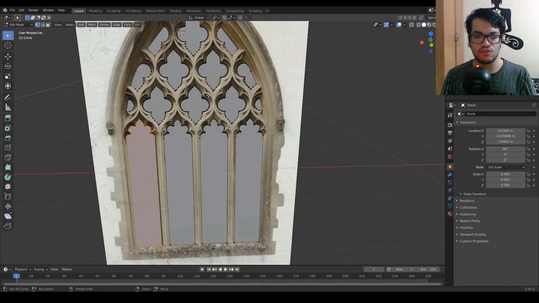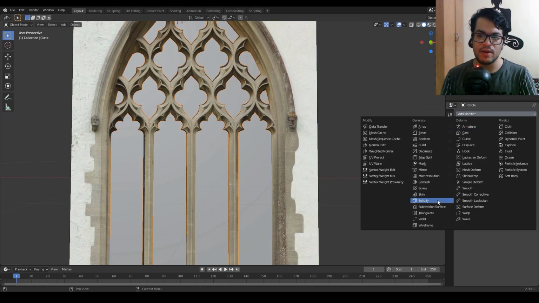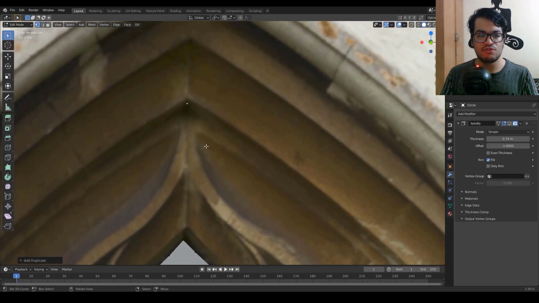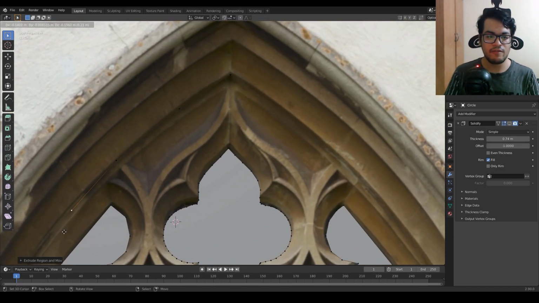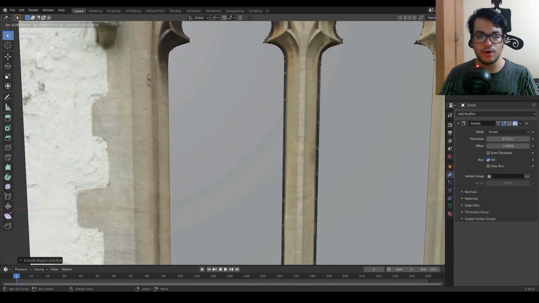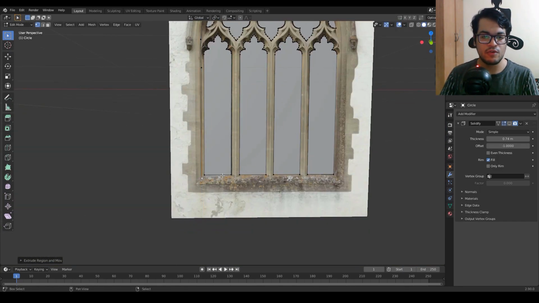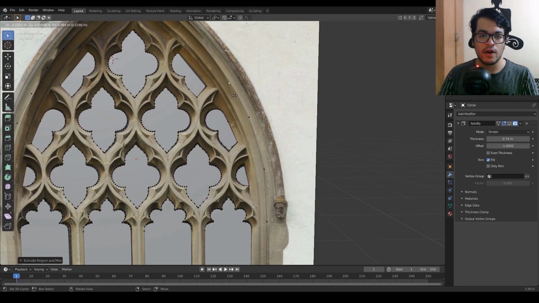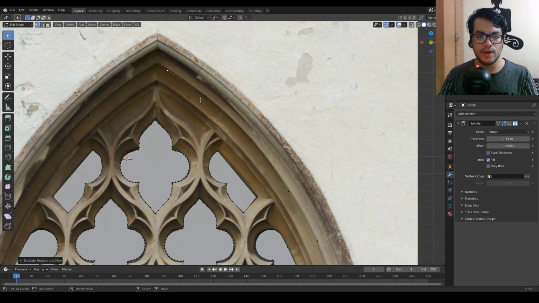After you have traced your shape, we are going to add a solidify modifier. After adding the solidify modifier, we are going to go in the edit mode, Shift D, duplicate that vertex, and we are going to start tracing the frame of the window, so the whole outer part of the window. We are going to trace that arch. Just trace that. Again, we are going to follow that similar process of extruding the vertices.